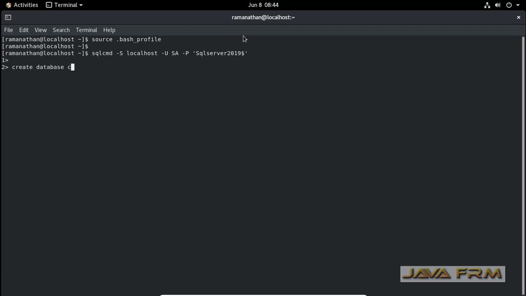Okay, first step is I'm going to create one database, and then I'm going to use the database. Next I'm going to create one sample table and insert some records into the table, and finally I will select that table in order to check whether it is working or not.